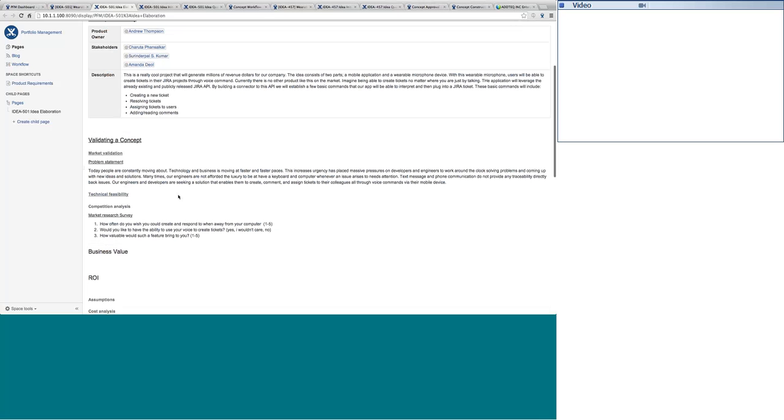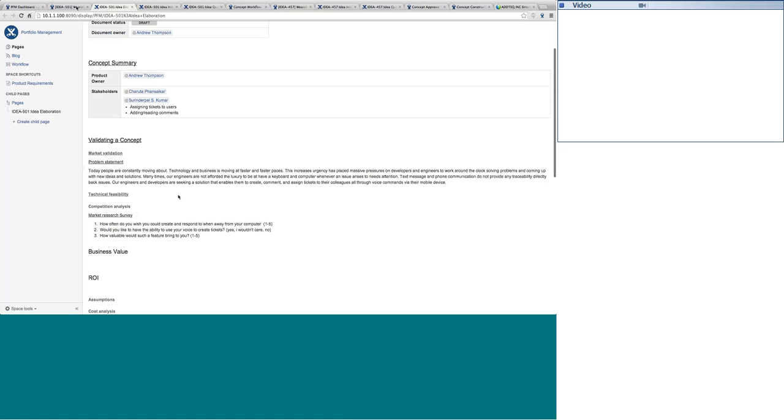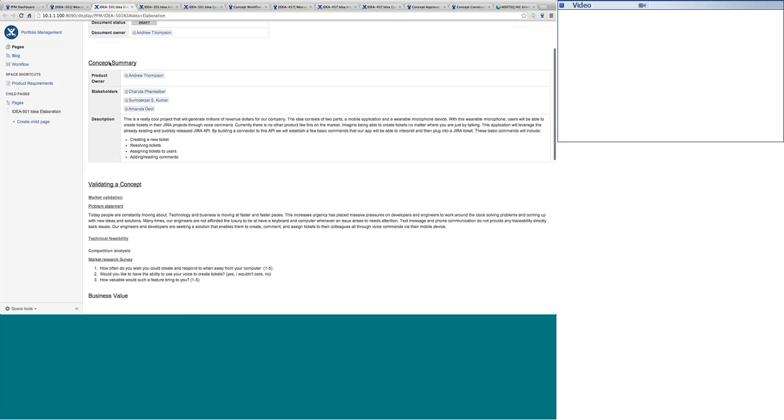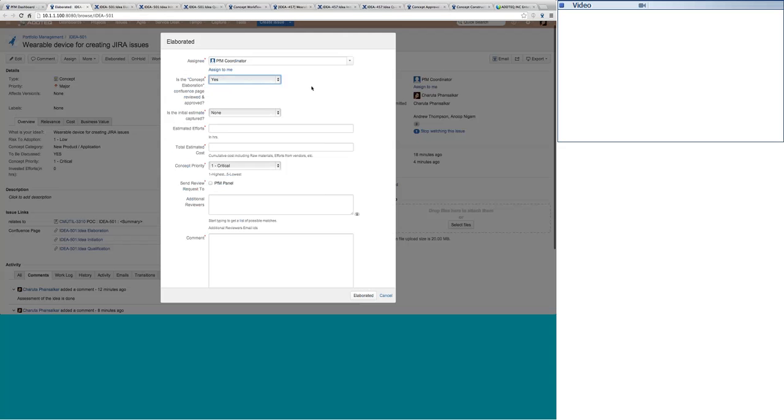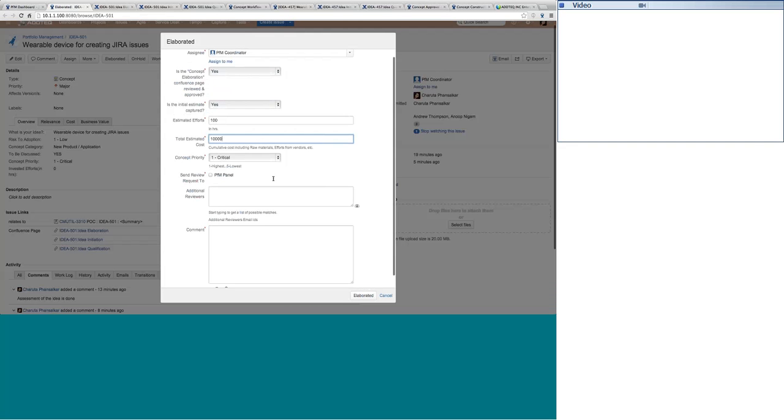So let's answer these small questions again. Yes, the concept elaboration is new. Now, here's an important question: is the initial estimate captured? When we are elaborating an idea, we come to a point where we actually start calculating the total number of hours that we are going to invest in the idea. So let's say that yes, we have captured the initial estimate. Initially, say we have captured 100 hours. We feel that we will be putting 100 hours to implement this particular idea. The total cost is maybe $10,000. We are not very sure about this, but it is the estimated cost.